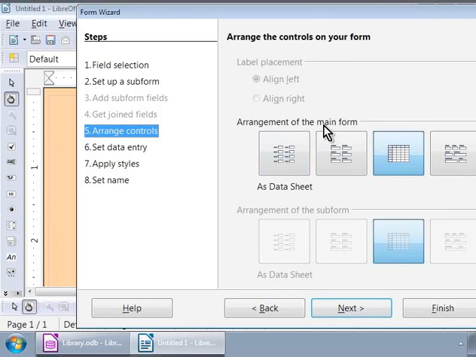As we click through, we see the background window changing in the arrangement of labels and text boxes saying title, author, etc. Let us use the first arrangement that says columnar, labels left, and click on the first icon. Here, the labels are to the left and the text boxes on the right, just like a typical paper form. Now, let us click on the next button to proceed.